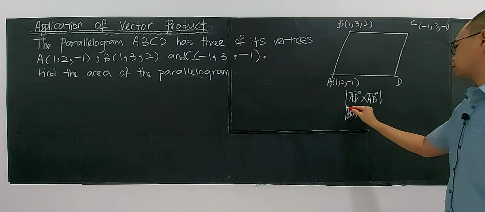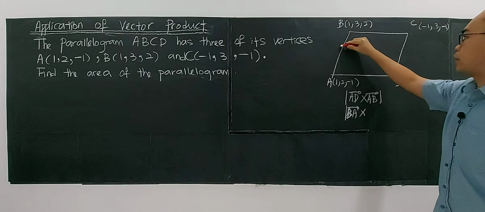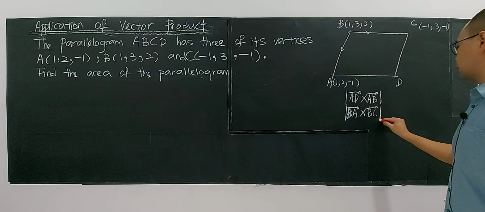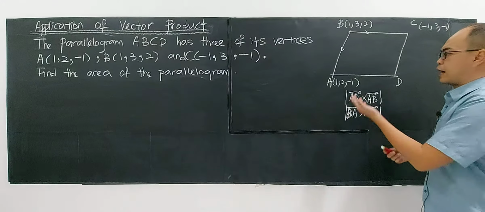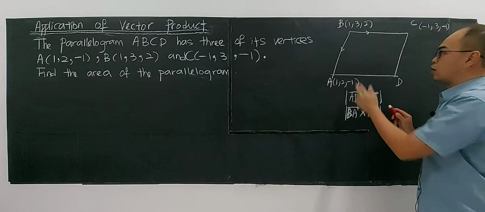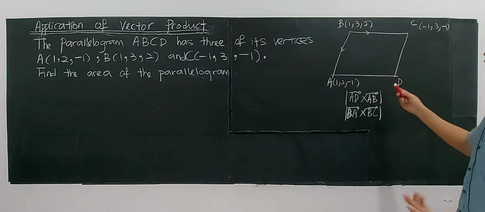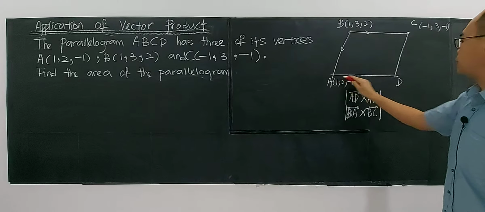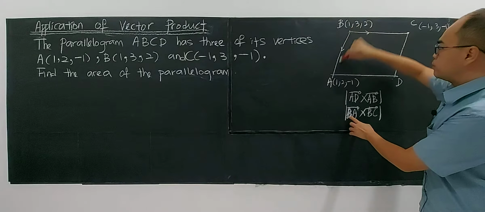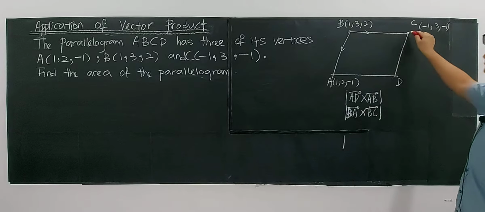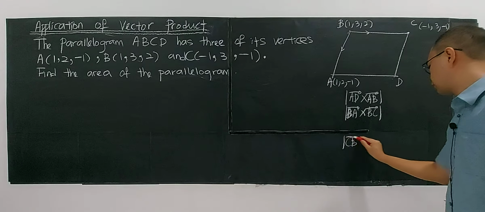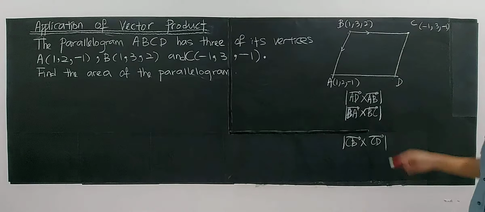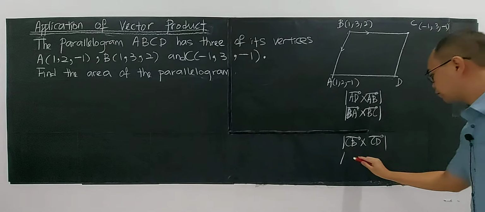or I can apply BA cross with BC. The answer will be the same. Either you use AD, AB, or BA, BC, or you can use C as a common point. Just now I started with A, AB, AD, or if I start with B, BA, BC, or I also can start with CB cross with CD,